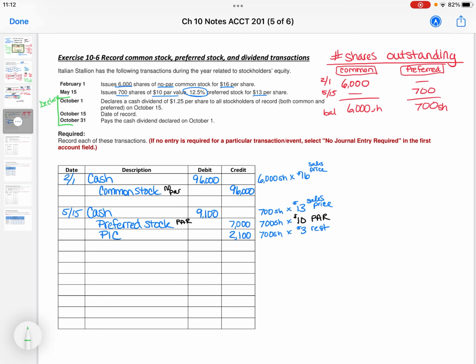So the date of record, because we know shares of stock can be traded and handed off from one person to another person and it kind of goes crazy, right? We have to determine at the end of the day on this very particular day, which for this problem is October 15th, that will be the date of record. Whoever holds that share of stock will be the person who receives my funds, my check or my electronic funds. Okay, so that's the second date, the date of record. And then the last date is the date of payment. And that's a pretty easy date. We'll see that in just a second.